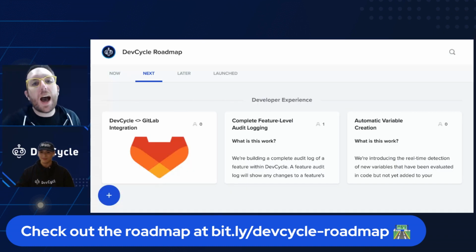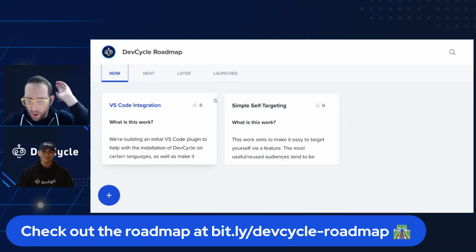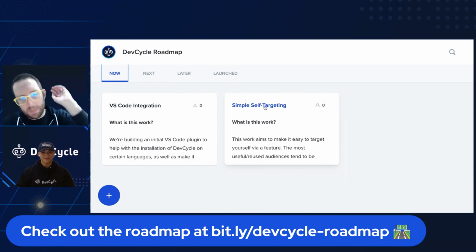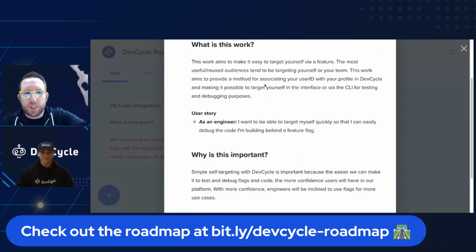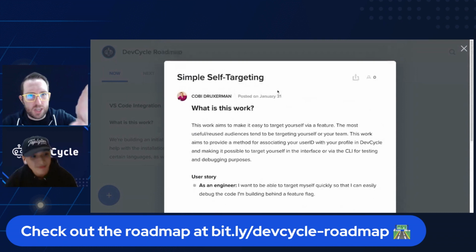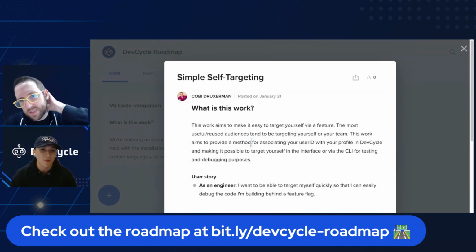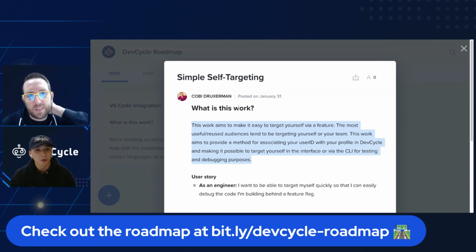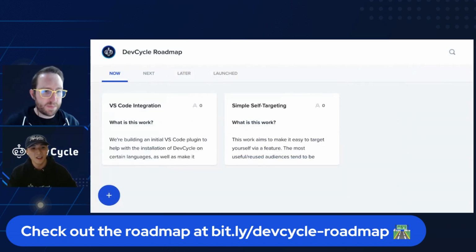Amazing. So Kenny, we were talking earlier about this simple self-targeting stuff. This is going to be really useful. How does this tie into QA stuff? Because we're talking about it now. Like, how is this useful in your support role as well? Of course. What exists today is that I would have to identify myself in